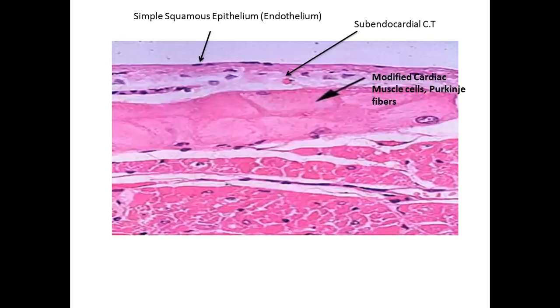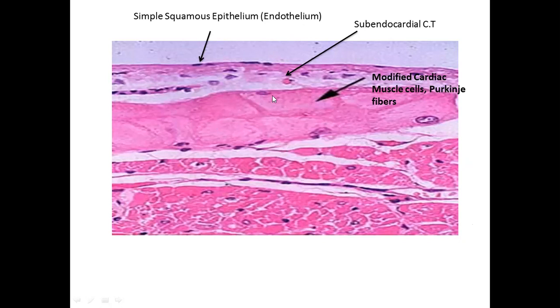Just looking at the Purkinje fibers, here again the upper part of this micrograph is indicating a chamber part, and the first layer of the heart wall is, you must have recognized now, flattened simple squamous epithelium. Below that, this is subendocardial connective tissue, the second arrow, and then in this connective tissue, these large size cells, just compare their size and staining affinity from the remaining lower part of the micrograph, cardiac myocytes, which are actually part of the next layer of the wall of the heart, which is myocardium.